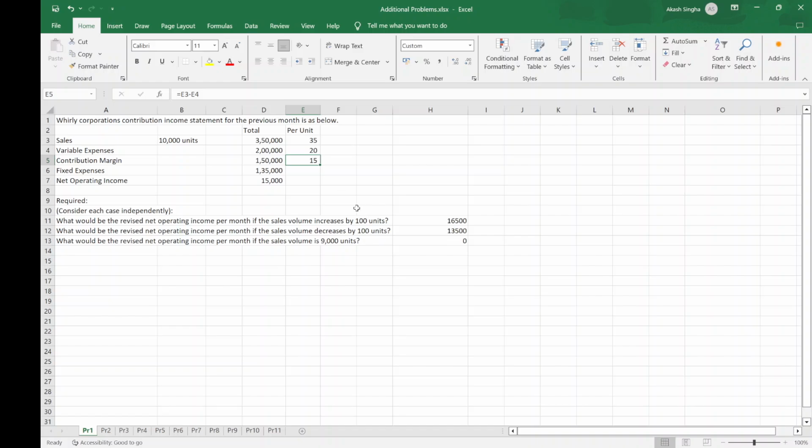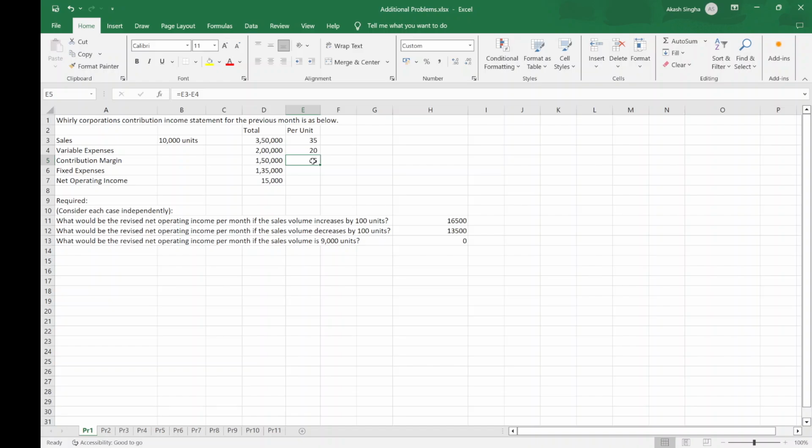Contribution margin is 15 per unit. 100 into 15 is 1500. So net operating income is 15,000 plus 1500, which is 16,500. What will be the revised operating income if the sales volume decreased by 100 units? 100 units decrease means contribution margin per unit is 15, 15 into 100, 1500. Net operating income will be 15,000 minus 1500,